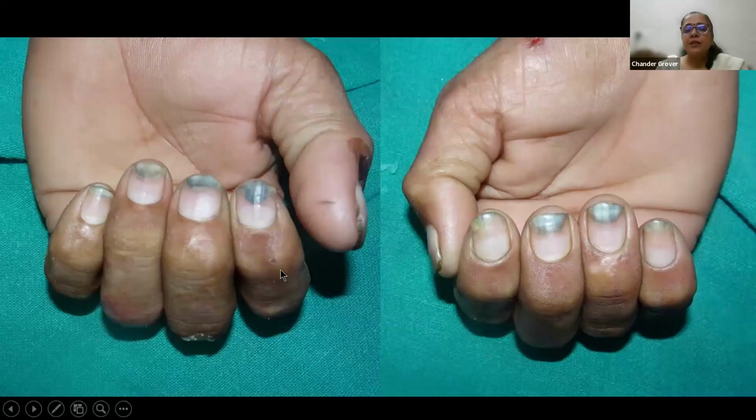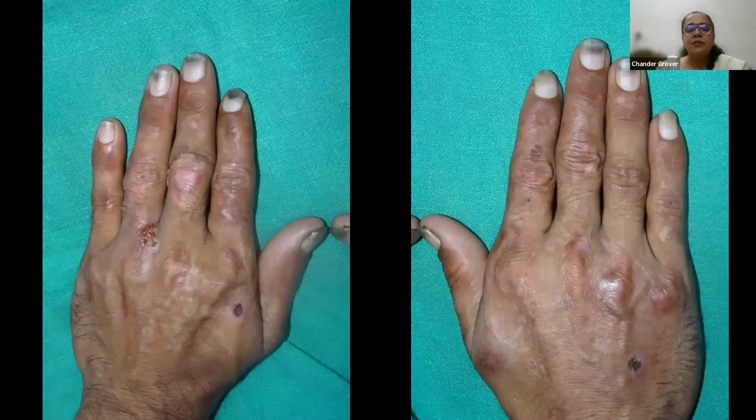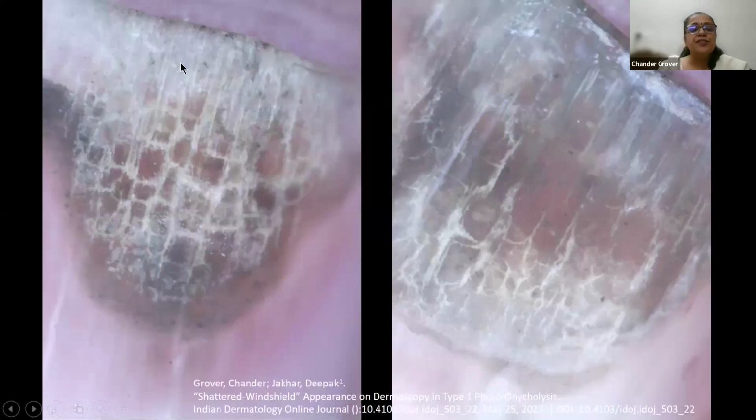This particular gentleman presenting with these, and if you remember briefly, I'd asked before also, this particular gentleman had these bullae. So I've given you a clue, and you see the onycholysis in this particular patient. The shattered windshield appearance. This is photoonycholysis. This is sun exposure related onycholysis, which is occurring. And it has this peculiar shattered windshield kind of appearance of the onycholyzed nail plate. The attached nail plate, not onycholyzed, is normal. It has support. This one has shattered like a car windshield shatters on impact.